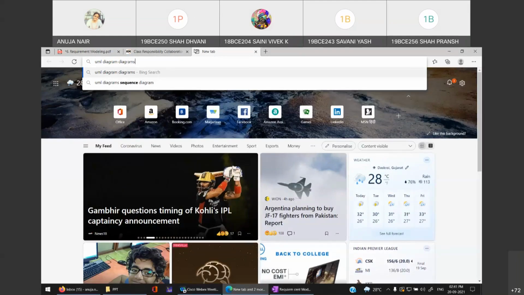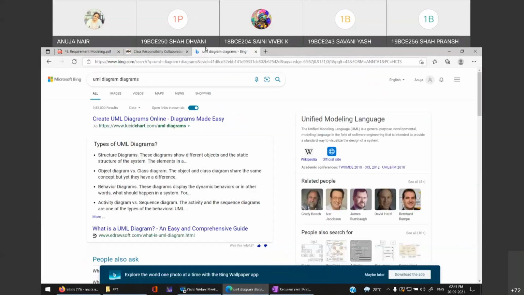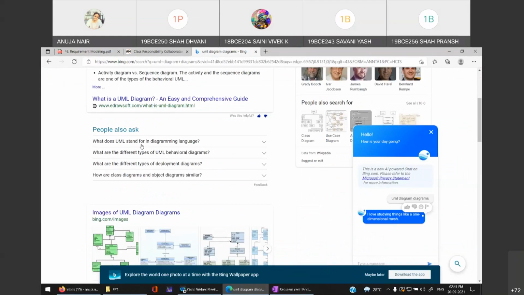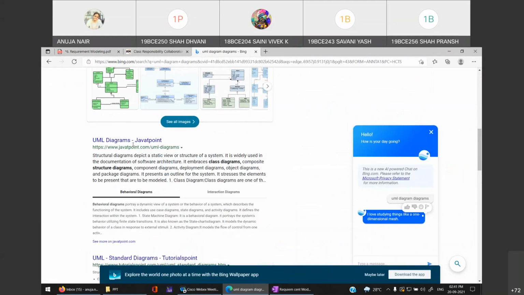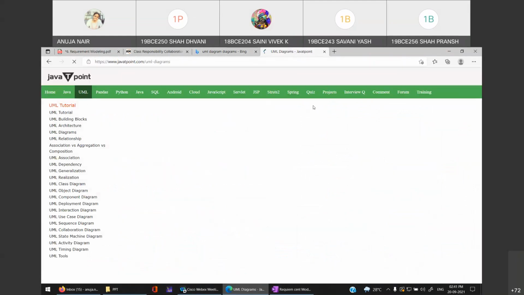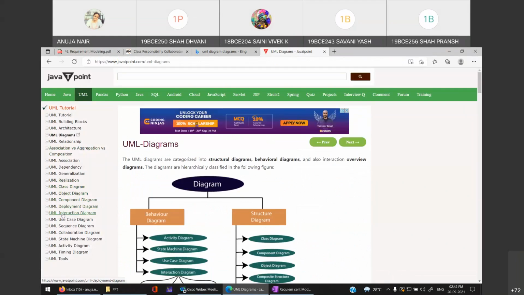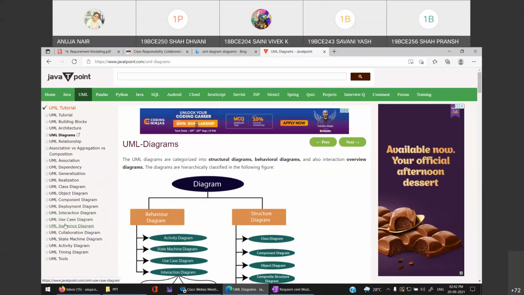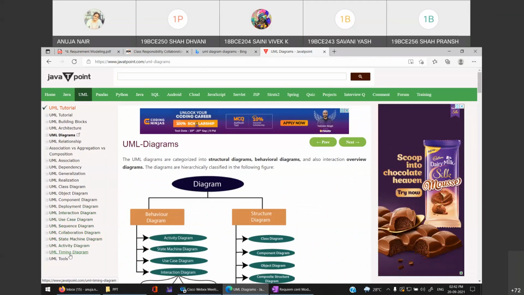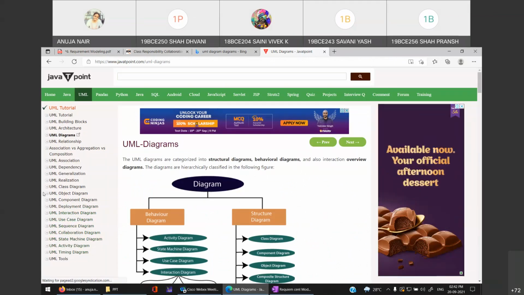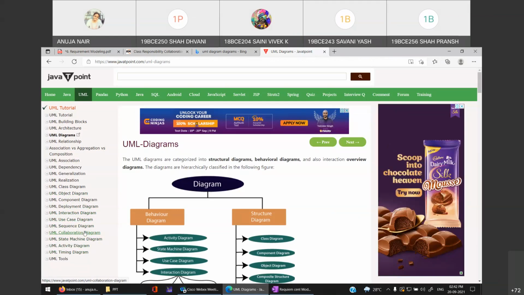I'm just showing you, out of which we are studying very few. See, these all are UML diagrams. Class diagram, object diagram, component diagram, deployment diagram, interaction diagram, use case diagram, sequence diagram, collaboration diagram, state machine diagram, activity diagram, timing diagram. These all are UML diagrams. Okay. So DFD and ER is not a part of UML diagram.